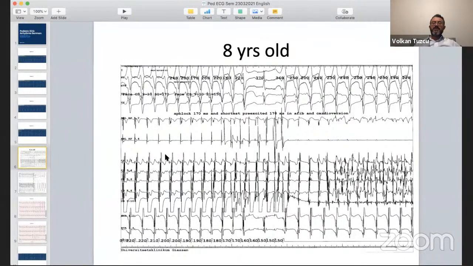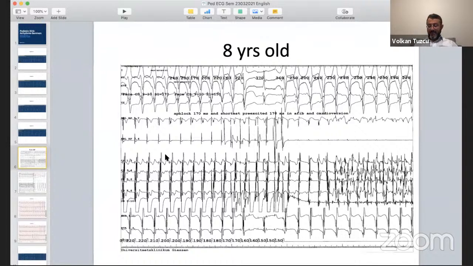And what we are trying to do is assess the shortest pre-excited RR interval. We call it the SPERRI interval to assess the risk of this patient, right? So this is one of the things we do. We measure the effective refractory period, ERP, of the pathway, and we also induce atrial fibrillation to see how fast this pathway would conduct, even before ablation, because all these patients require ablation anyway, but if it's high risk, our approach can be different. And we need to know, in case there is recurrence, whether this was a high risk or lower risk looking pathway.